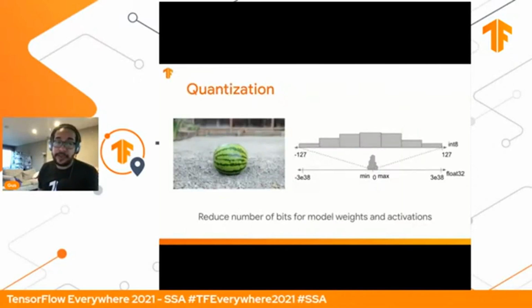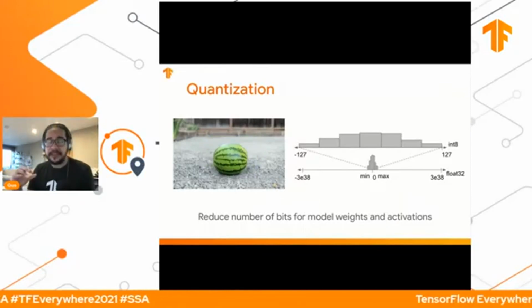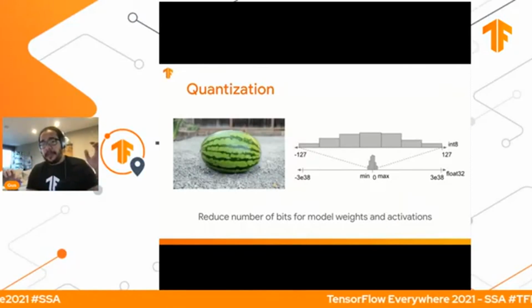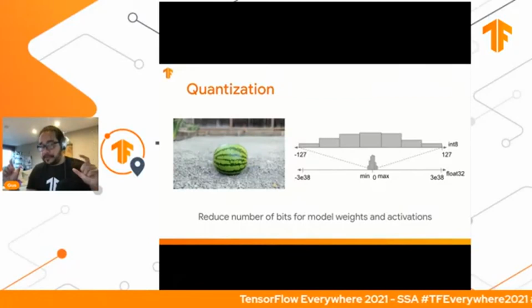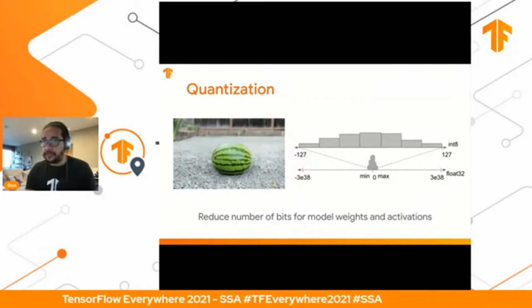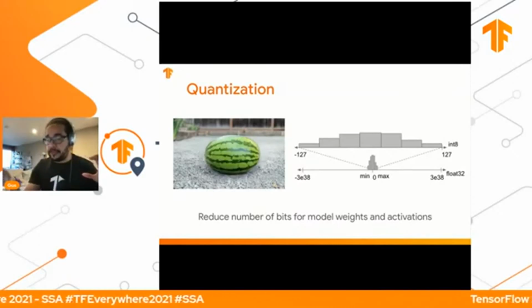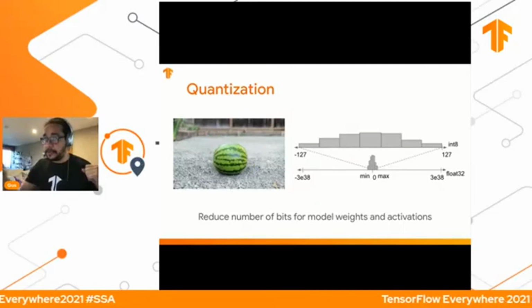Let's talk a little bit about quantization. If you think about what a model is, basically it's a very long equation full of floating point numbers. That's basically what it is. And when you load this equation with TensorFlow Lite, it will get the input, apply it to that equation, and get a result.